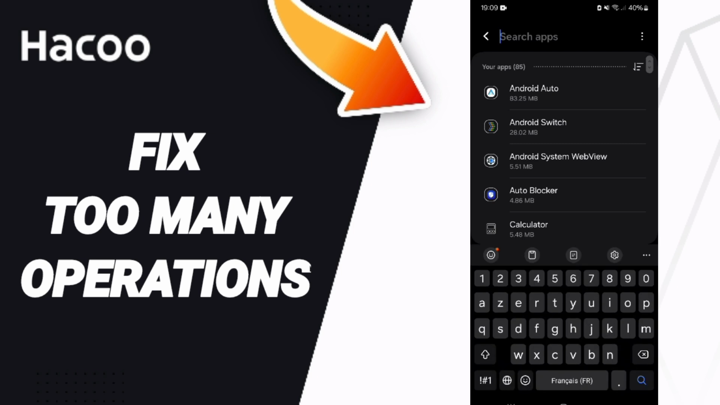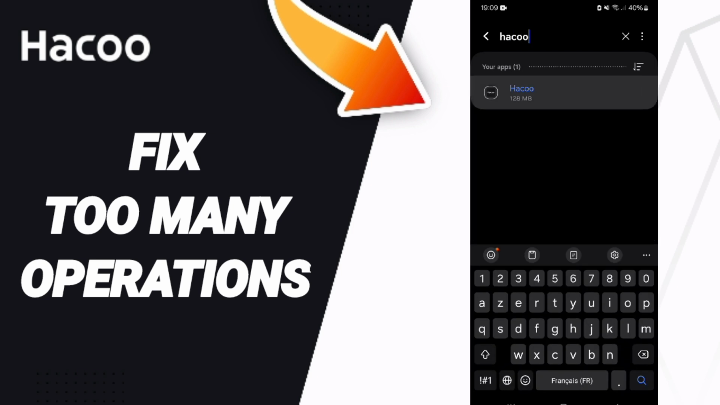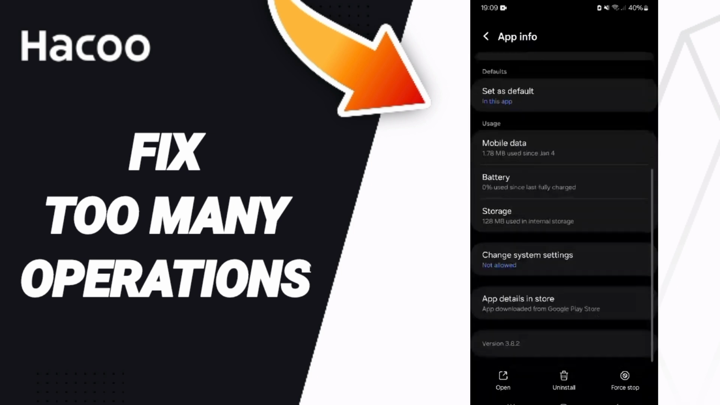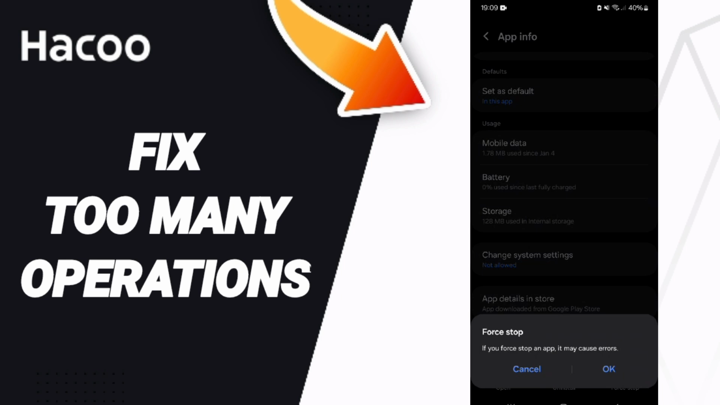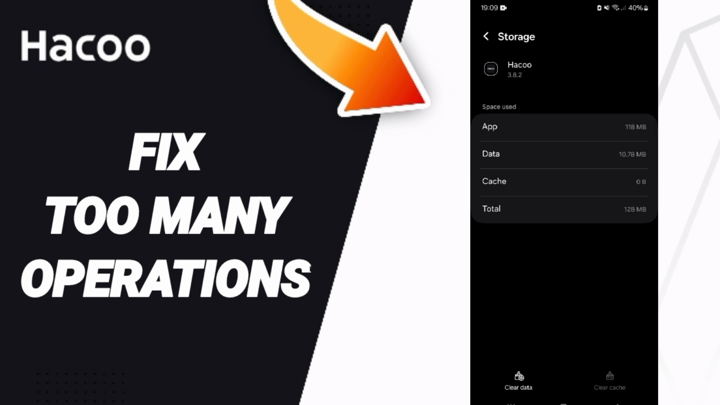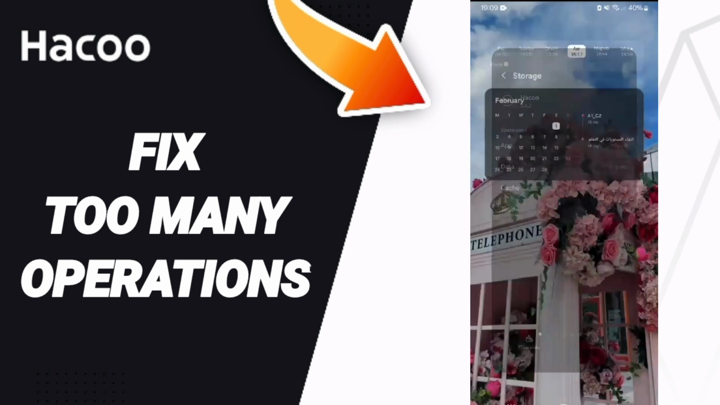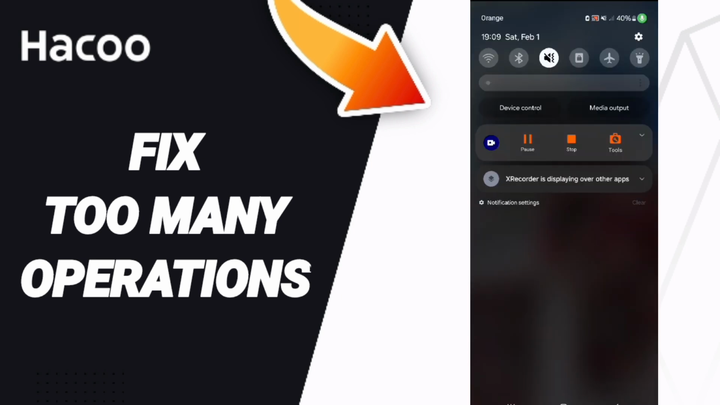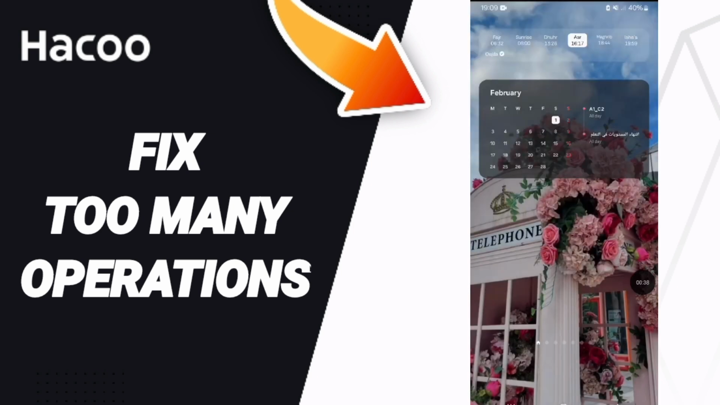In this page, you will search about Hacoo app and you will click. Then we click on force stop and you will click OK. Here you will enter to the window of storage. Then we click on clear cache. Then you will turn off your Wi-Fi and you will wait a moment to restart or to turn on your